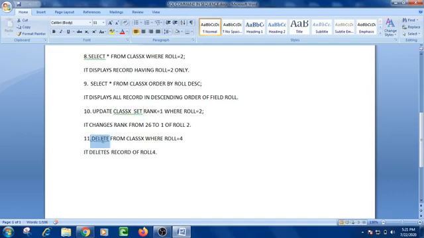Now suppose that I have to delete some records from the table, then I will use the delete command. Delete is always used like delete from. From must be there. Delete from class 10 where roll is 4. It will delete the record of roll number 4.